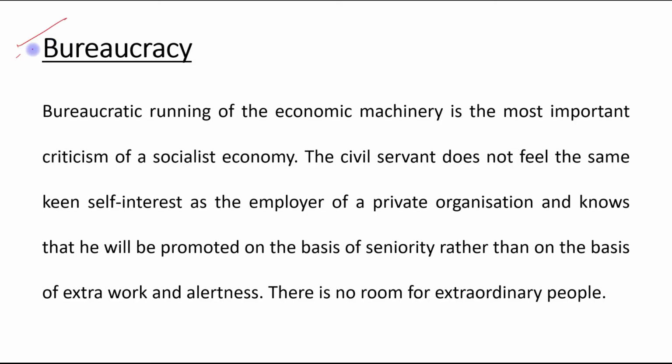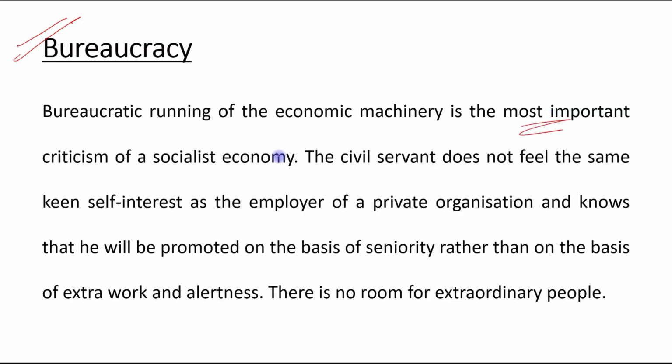Next we have bureaucracy. Bureaucratic running of the economic machinery is the most important criticism of a socialist economy. The civil servant does not feel the same keen self interest as the employer of a private organization and knows that he will be promoted on the basis of seniority rather than on the basis of extra work and alertness. So there is no room for extraordinary people. बात सही है. ब्यूरोक्रेसी जो है वो